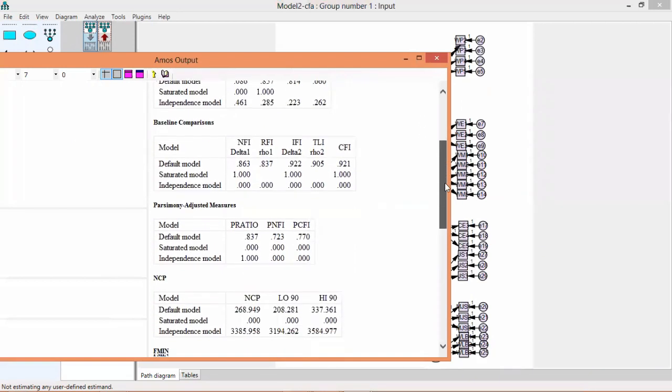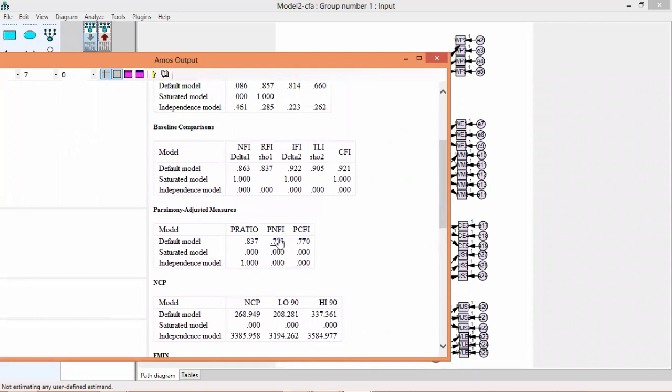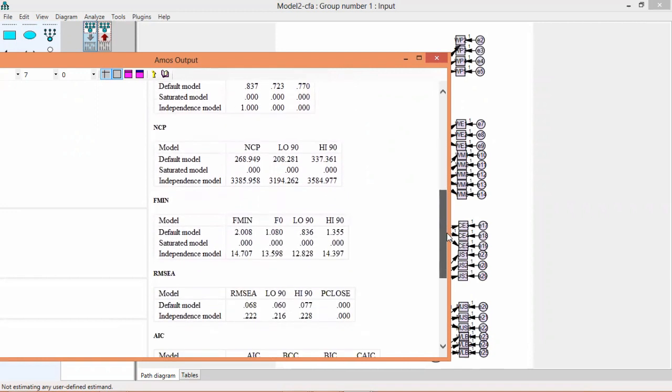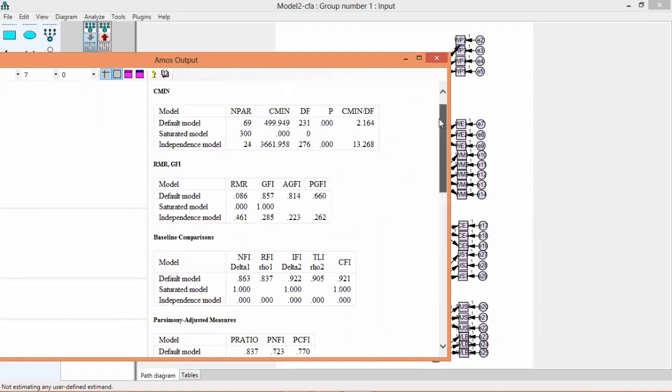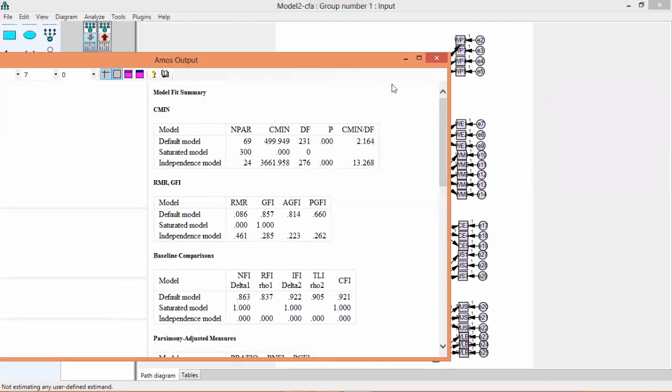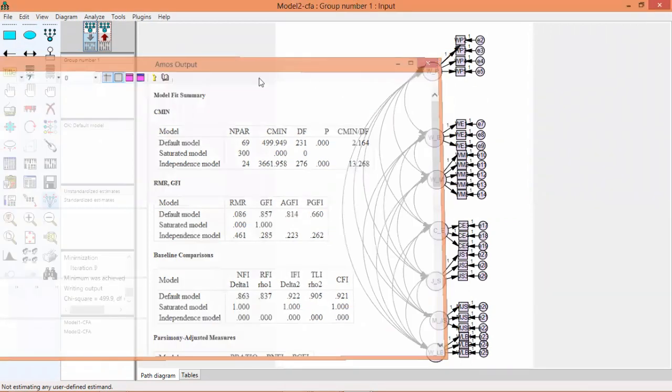So we can go for the CFA. PCFI, PNFI, all the parsimony measures are also above 0.7, so it is also good. By watching the RMSEA, it's less than 0.08, so badness of fit is also under the range. So I think we can say that this confirmatory factor analysis is showing the actual model,